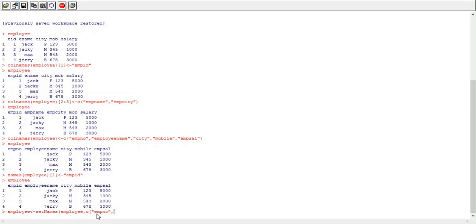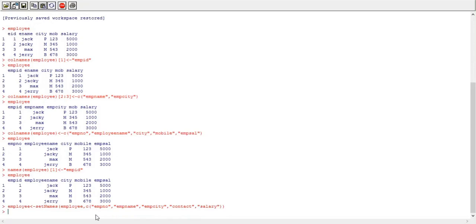So EMPNO. After that, instead of employee name, I am giving a new name, that is EMP name. Instead of city, I am giving a new name, that is EMP city. Instead of mobile, let's rename it to contact, and then EMP sal is salary. So this is a list of new names used with the setNames function.